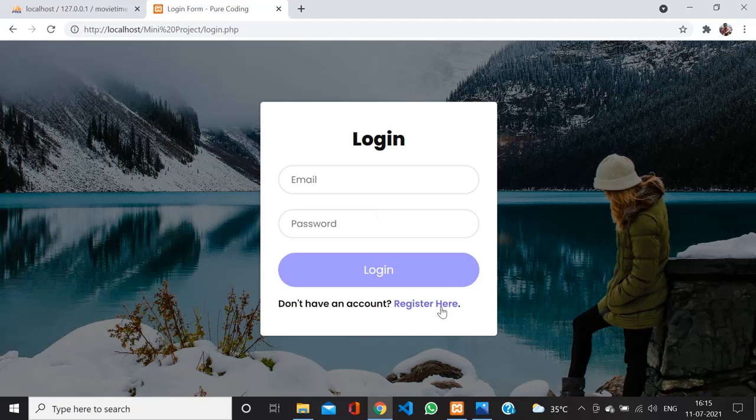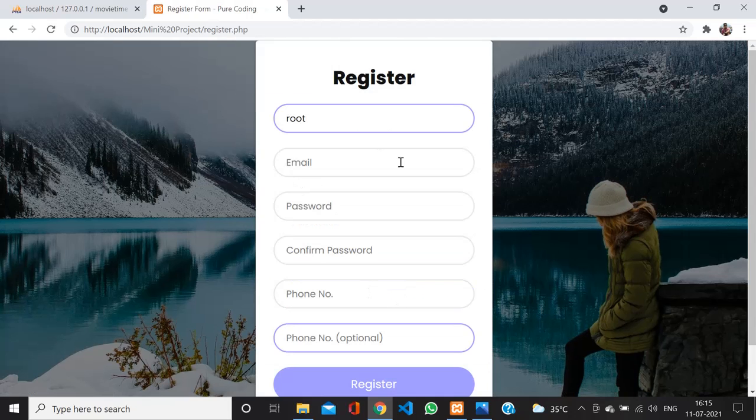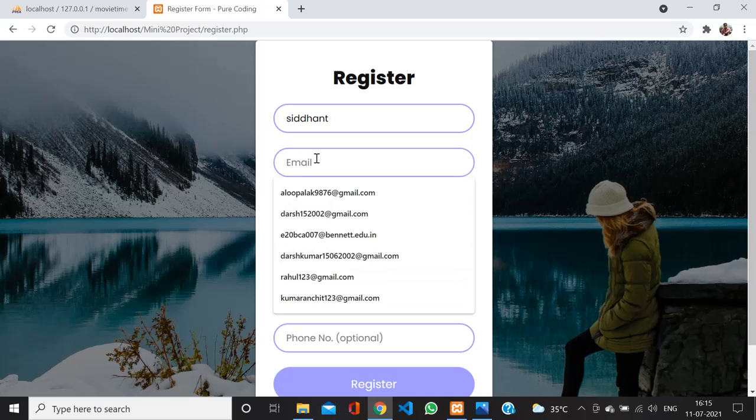Now suppose you don't have an account on our website. So you will click on the register here part and enter your details. Let's enter details for some person. Let's suppose there's a guy named Siddhant, and let's create an email for him.